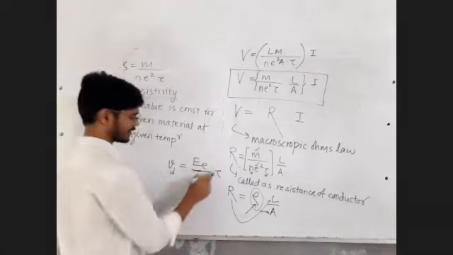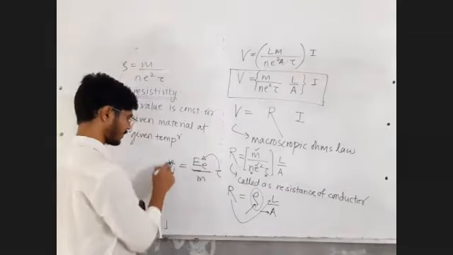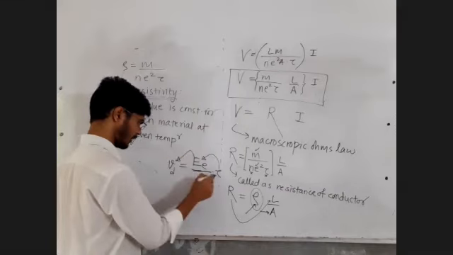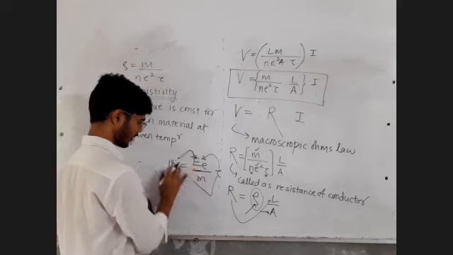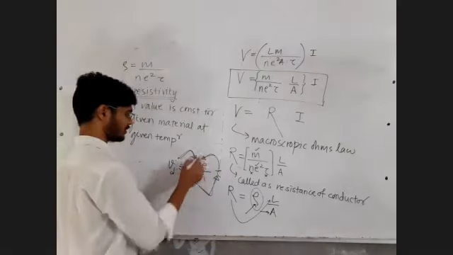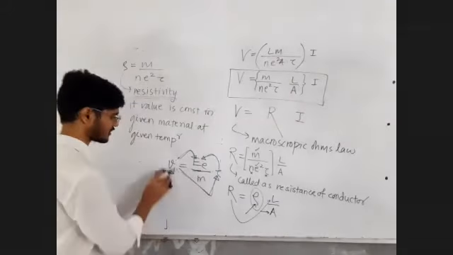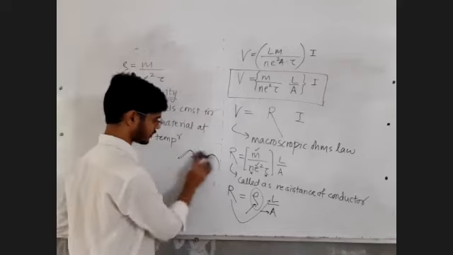You are trying to assign this with this. I am saying drift velocity depends on E and drift velocity depends on tau. You are trying to assign this tau with E. I don't think that is quite right. I would rather assign that tau to the conductor.